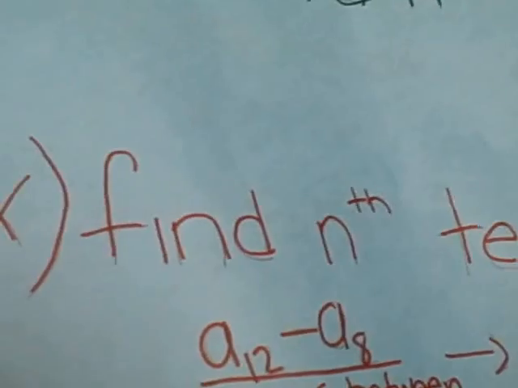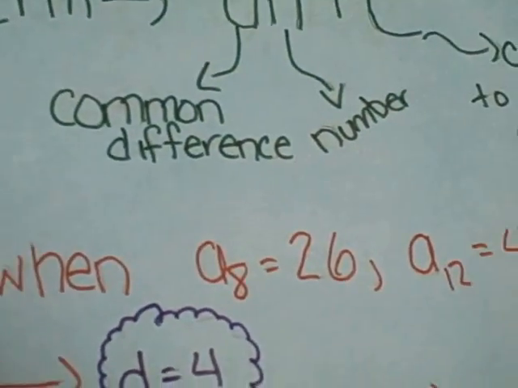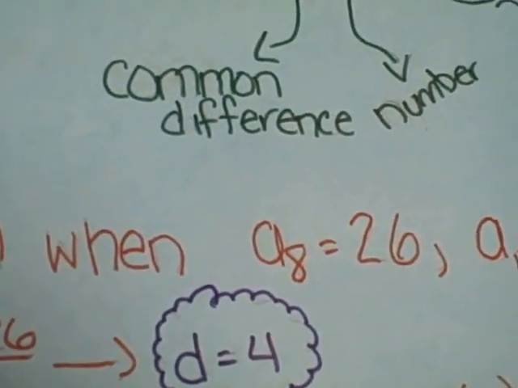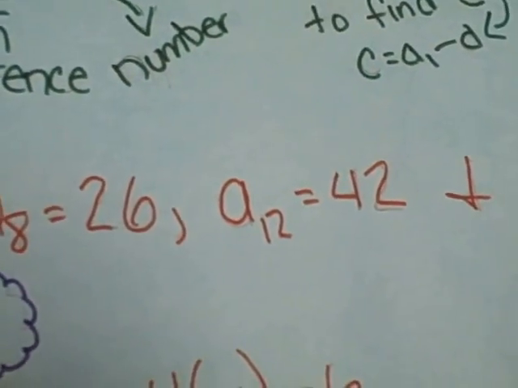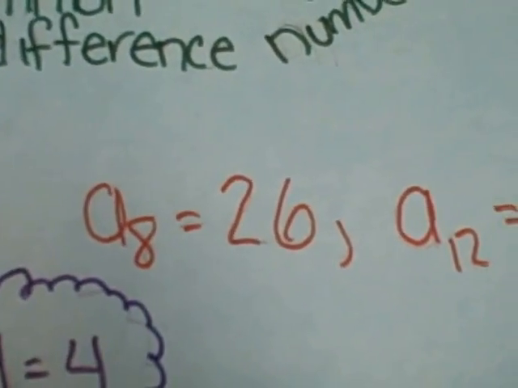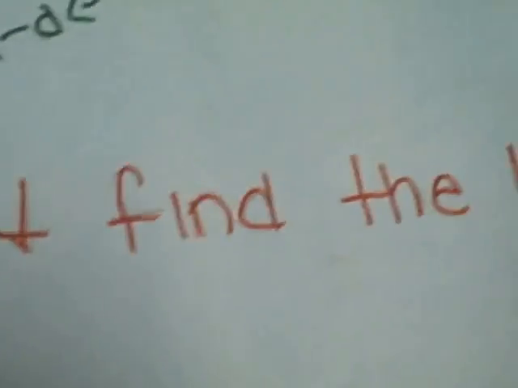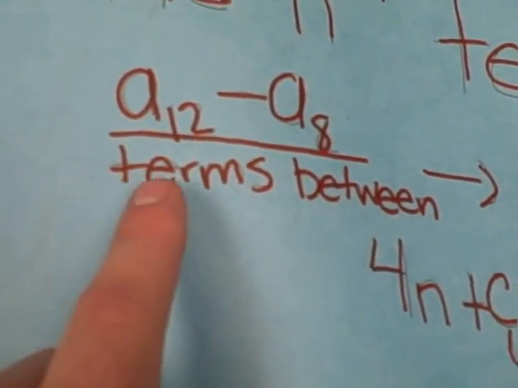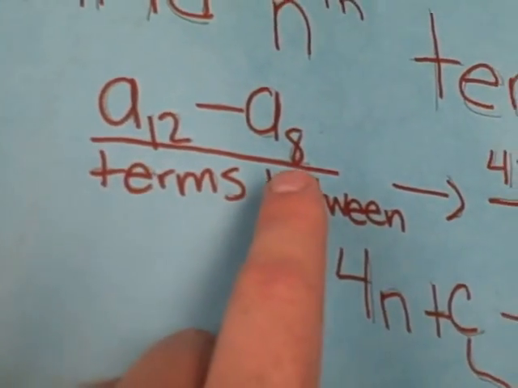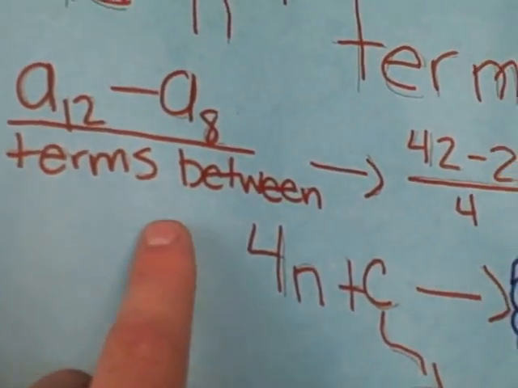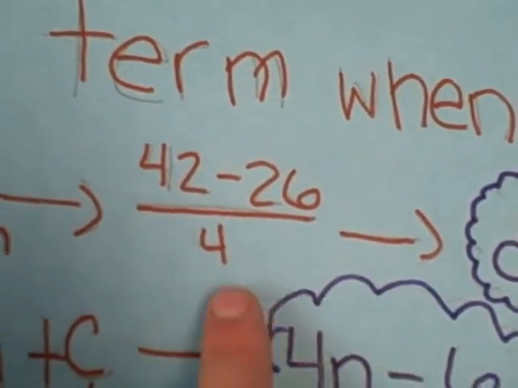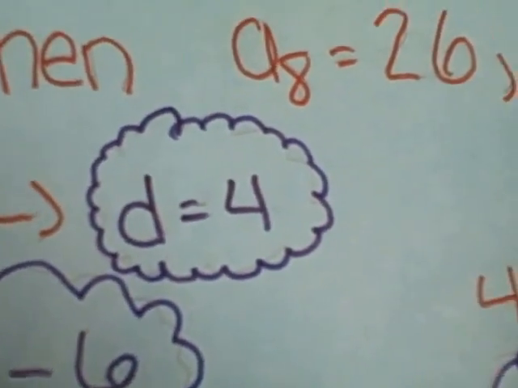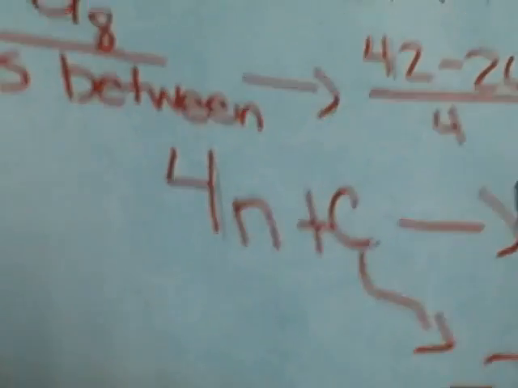Okay, for example, find the nth term when given a8, which is the 8th number in the sequence, and a12, with a8 being 26 and a12 being 42, and find the 101st term. So what we would do is take a12 minus a8 over the number of terms in between, which would be 42 minus 26 over 4. And the common difference would be 4. Then we would take 4n plus c,